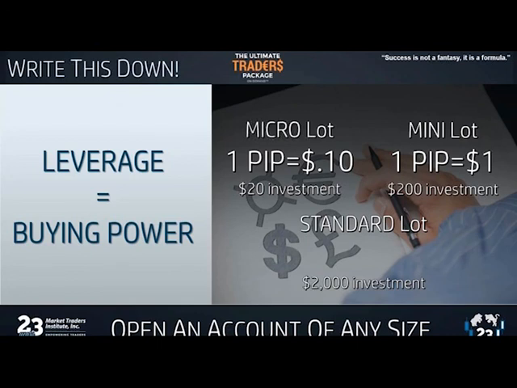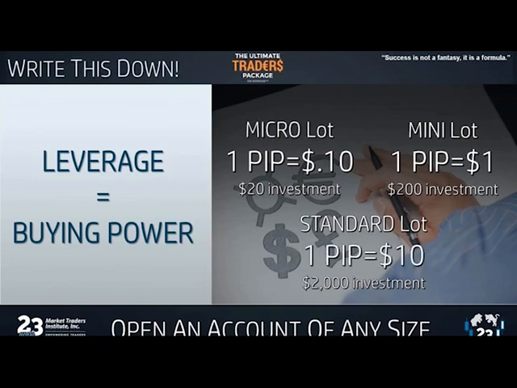Okay. And the reason why this is important is, did you do anything differently trading a mini lot than you did a micro lot? And the answer is no, you didn't. The only difference is you have more confidence. Okay. So is this beginning to make sense? You can start off really small and gradually increase your trade size as you get more confident. Give me a yes or no if this makes sense, please, in the chat box.